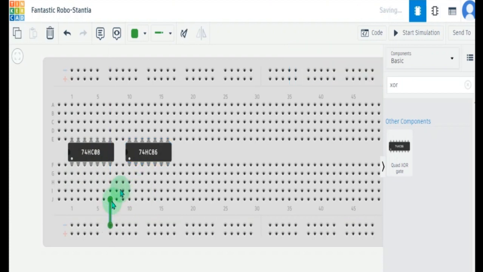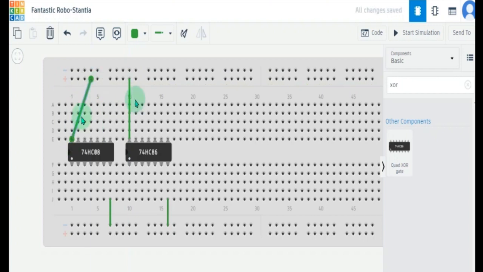Now let's connect the ground wires to the negative terminal here. We later on connect this to the negative terminal of the battery. Also on the XOR gate IC, we have to connect the positive terminal to the power supply or VCC. This 14 number pin is called VCC, voltage at common collector, or power supply. Now we have connected this to the positive line here, and later on we connect this to the cell or battery.